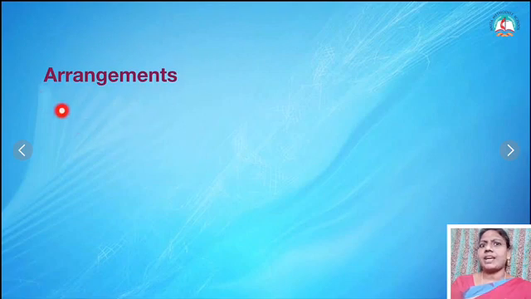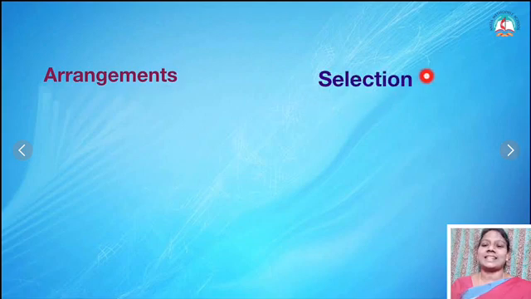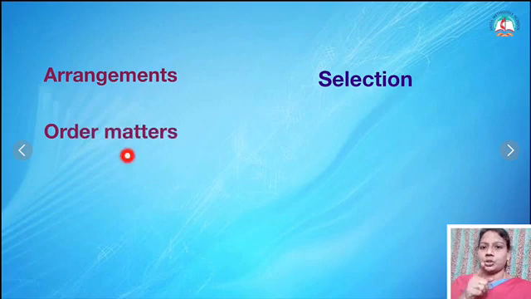In permutation we are having arrangements. Can you remember? We are arranging the balls, that is two different balls. But in combination, we are selecting. So it is selection. I am selecting only two balls. There is no restriction in that, so only two balls I am picking out. Here order matters, that means it should be in the order of red with yellow and yellow with red. There is an order: first ball, second ball, second ball, first ball.